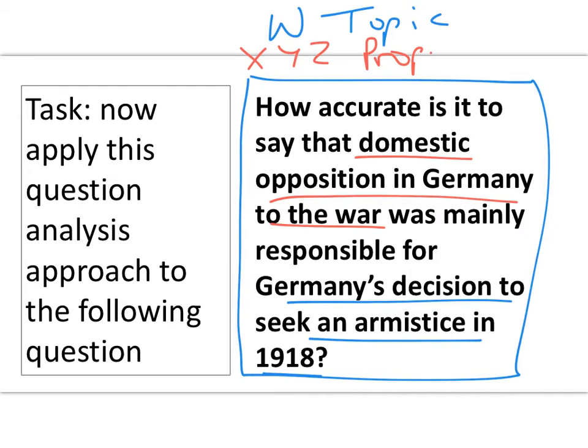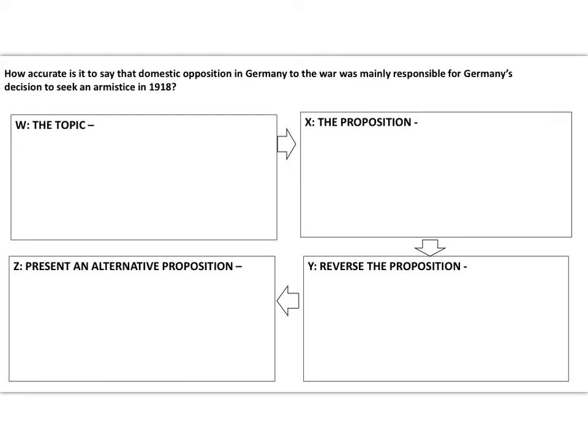Okay, so you've immediately at a glance, hopefully, separated the topic from the proposition. Now, obviously, you've got to work out the XYZ. So get your bit of paper, as I said before, put your big boxes in: topic, proposition, reverse the proposition, present an alternative proposition. Okay, so clearly using this one, as we said, the topic is